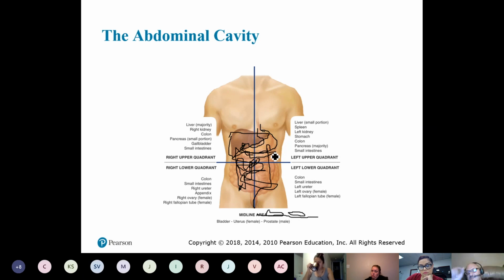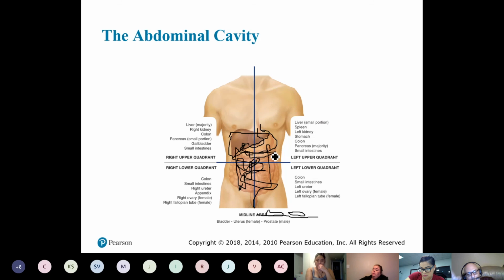So this is why I tell you, or not just why, but this is why I tell you, you need to know what organs are in which quadrants. Now you see on there that talks about the kidneys. But did I mention the kidneys before this? No. No, I didn't. And why is that? Because the kidneys are not considered abdominal organs. They're considered retroperitoneal. Retro meaning behind. So they're more located in the back.